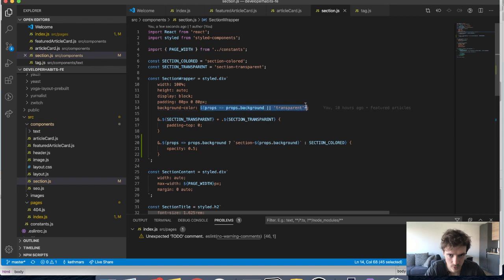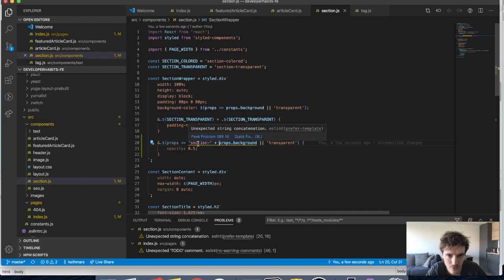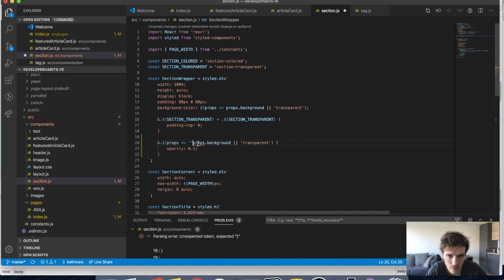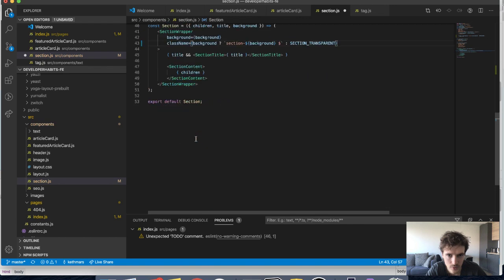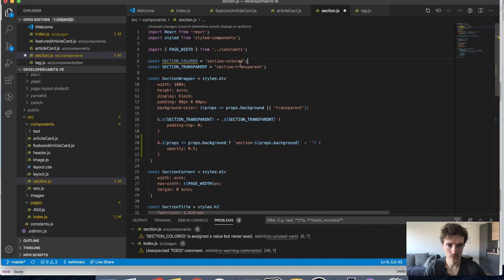Not sure why, because it should transpile the JavaScript to the correct selector. Lol, old school. But okay, I'm gonna do it the other way then. We're gonna do it so that